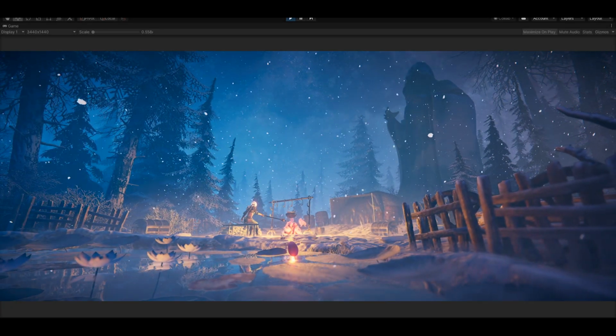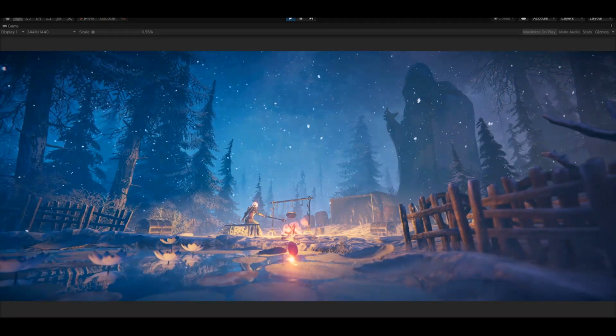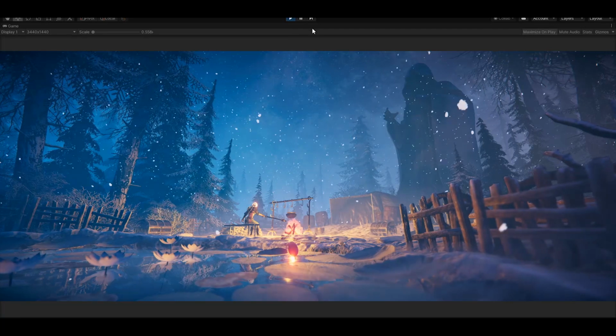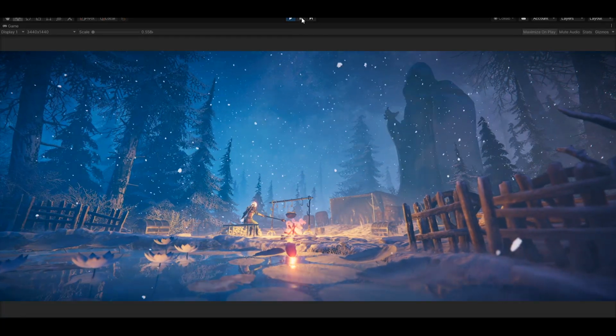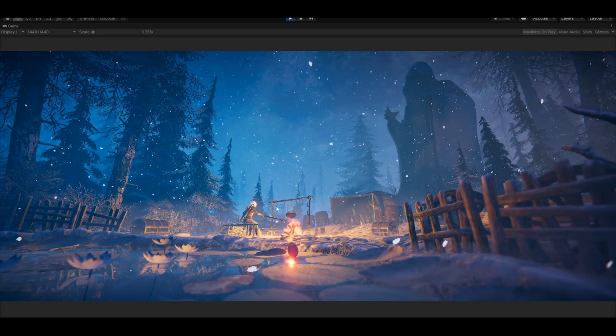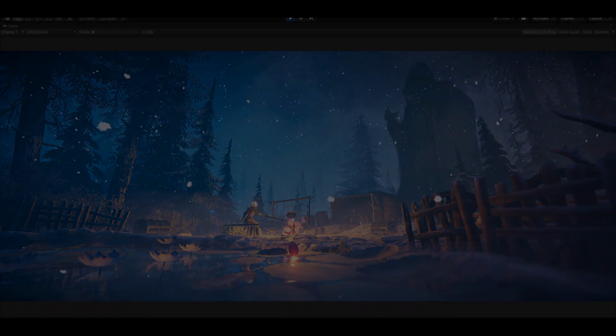So now if we look at the overall image, I believe our eyes will look at the woman with the bonfire first, and then we will see the statue's neck, and finally the rest of the environment.